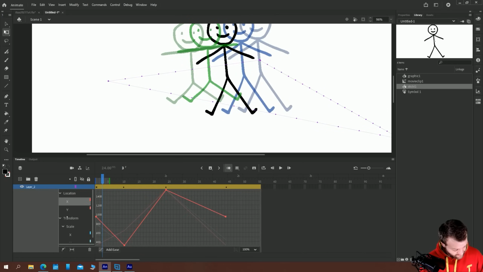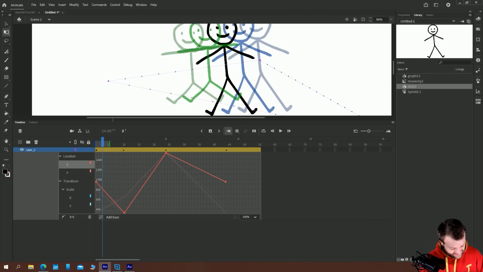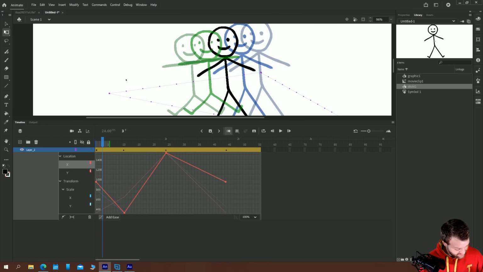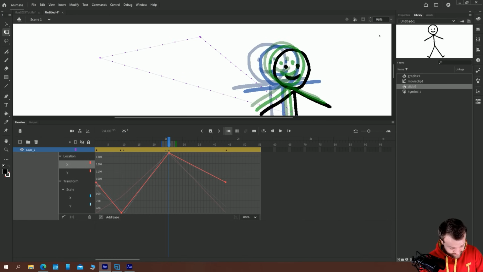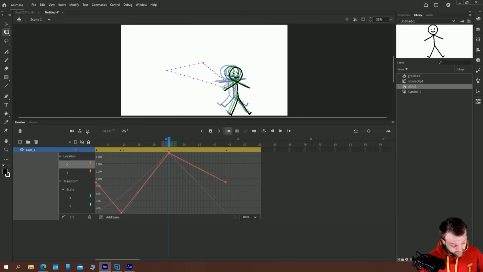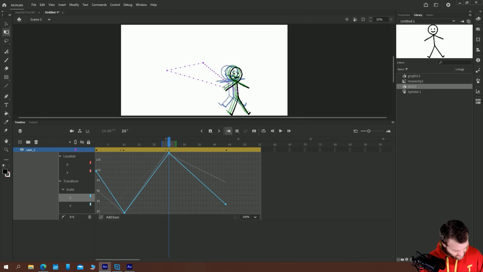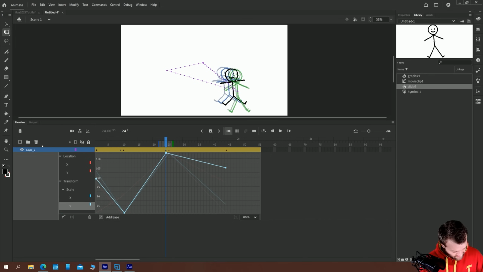So if you double click on the layer, it will open up all of the properties, which looks quite scary, which is why I left this one to last. And you can see you can edit and manipulate the positions and properties of each of these properties by themselves. This is the scale, individual scale, so the X scale here, the scale Y as well. You could just put that down a little bit. So you can see that this manipulates in the same way as like line graphs or motion graphs in After